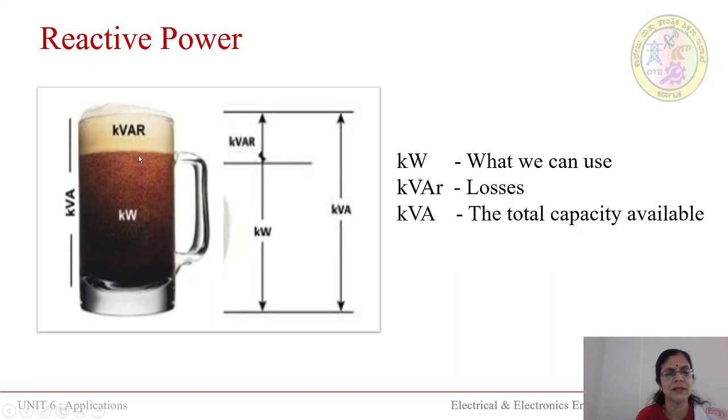But in terms of power, if you lose so much power every time, the total loss will be too much, and the system will be inefficient. Efficiency of the system gets reduced. So for that purpose, this needs to be compensated. That is what we call volt VAR compensation.